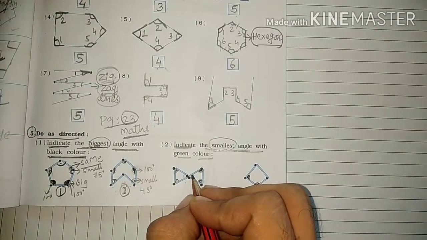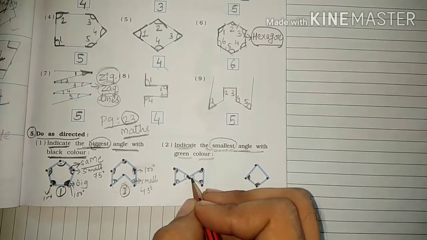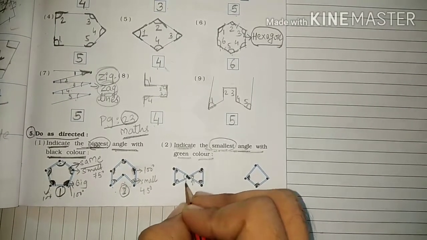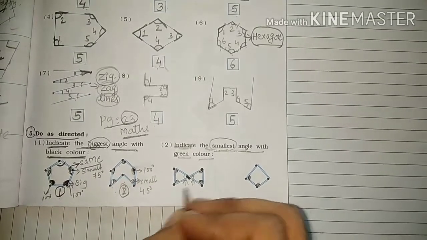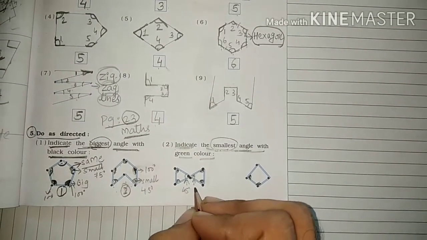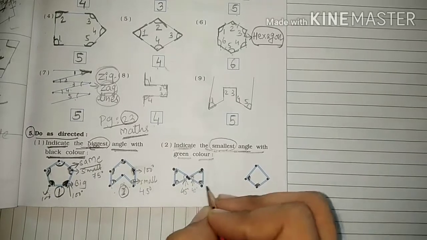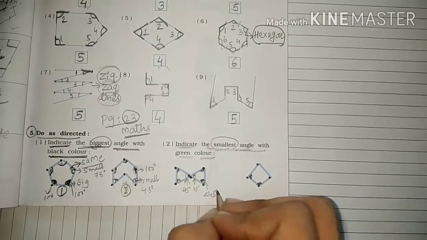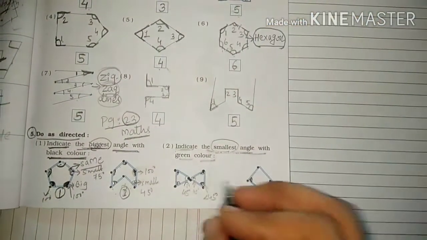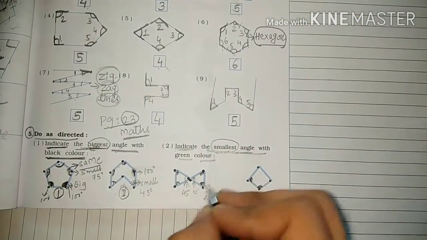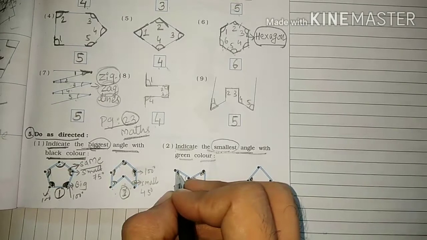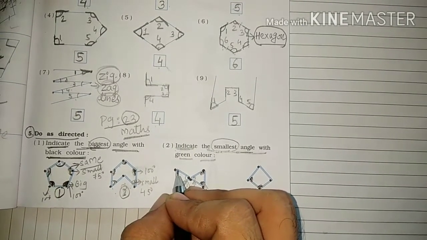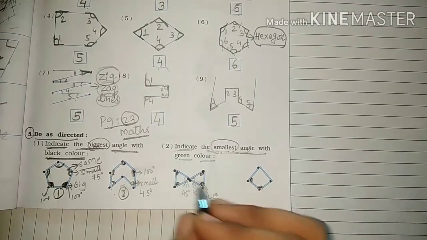Now students, I have to indicate the small angles. These are the biggest angles. I can say that ये दोनों biggest angles हैं. These approximately measures about 45 degree. At the same time, these angles are less than 45 degree. So this should be the smallest. I will indicate it with the color. I'm indicating it with the black color. You may indicate it with the green color or black color, any of the color of your choice.